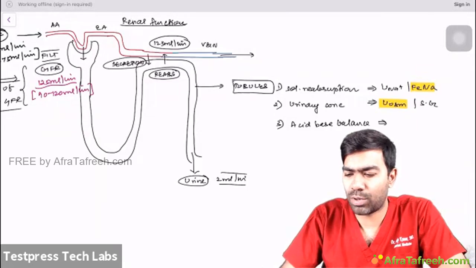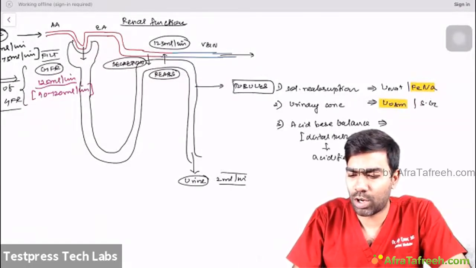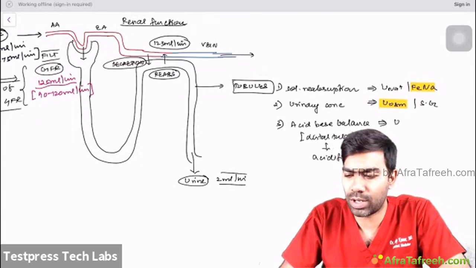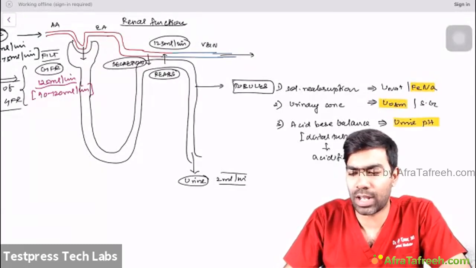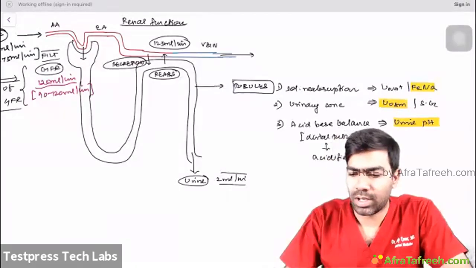In acid-base balance, the distal tubule especially is the one that acidifies the urine. One of the important markers of this acid-base balance and distal tubule acidification of urine is the urinary pH, which is also a function of the kidney tubules only, to a large extent. So urinary pH is very, very important in this perspective. Apart from that,